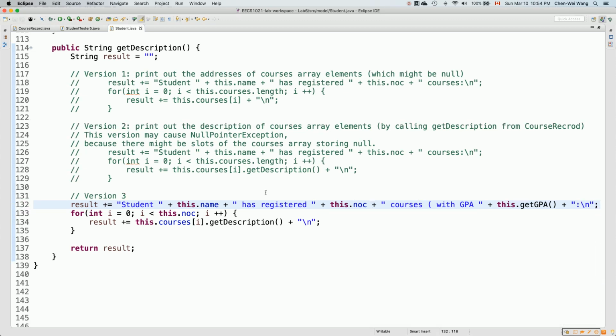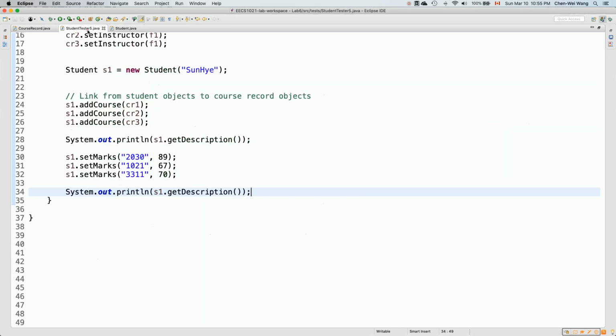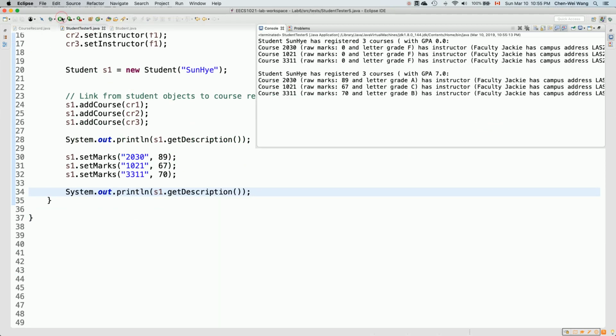Okay, so now let me split it a little bit to make it easy for you. Has registered this many courses, and then with the GPA, and then whatever the return value for get GPA is. Okay, that's what we get. Now let's re-execute the tester and see what we get. If you re-execute it, you can see that it seems to be alright, but I just need to change this particular layout a little